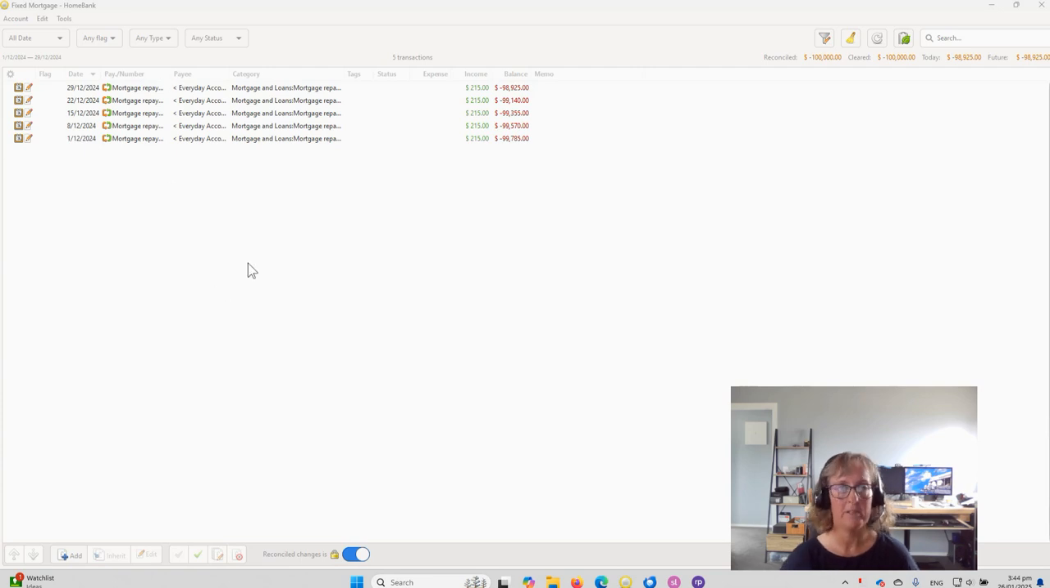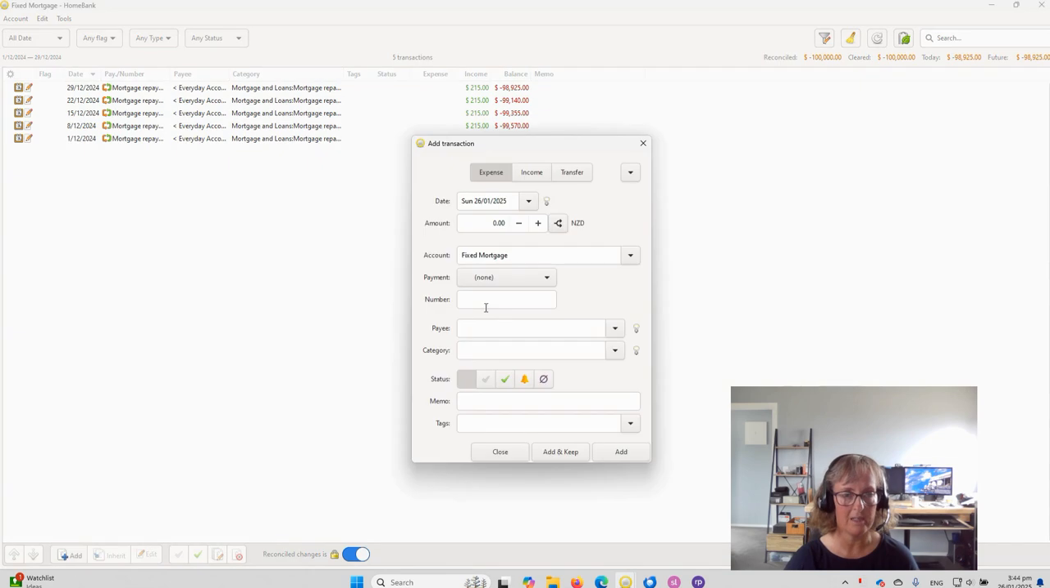If it doesn't work or you want to do it manually, then we're going to add in our interest in the normal way. And remembering that now our transaction buttons have moved down to the bottom here, so we're going to go add, and we're going to go, this is an expense, not a transfer, and we're going to pick our dates. So this came in on the 1st of December was our first lot,